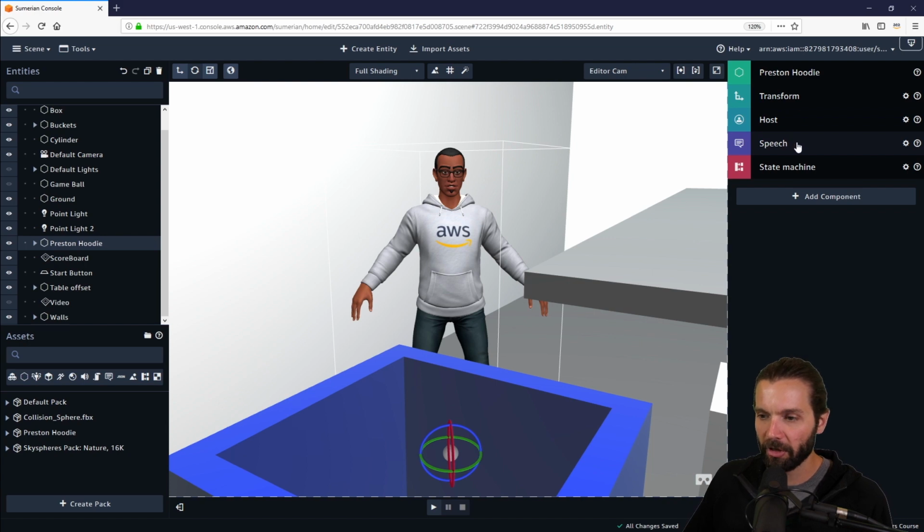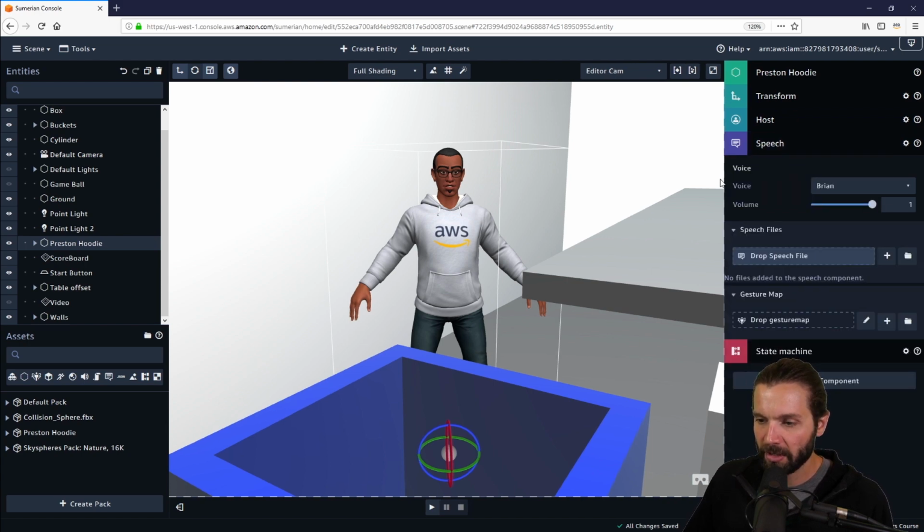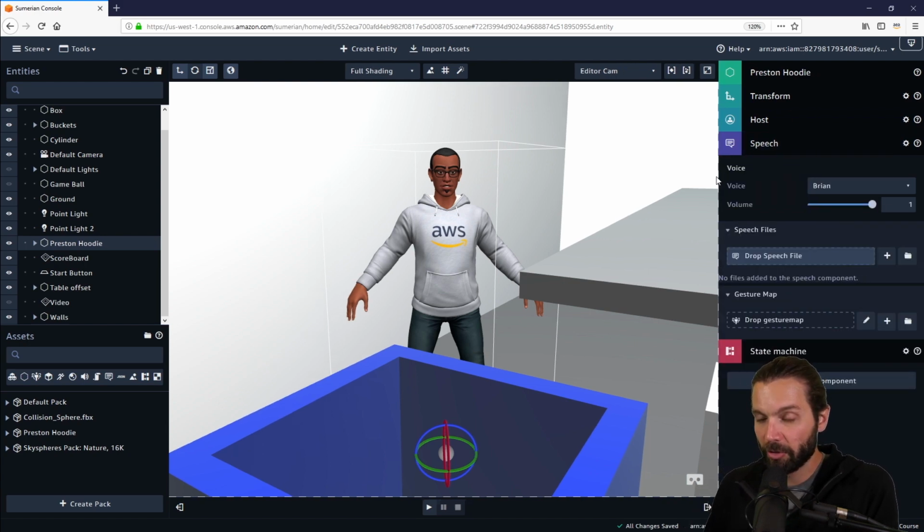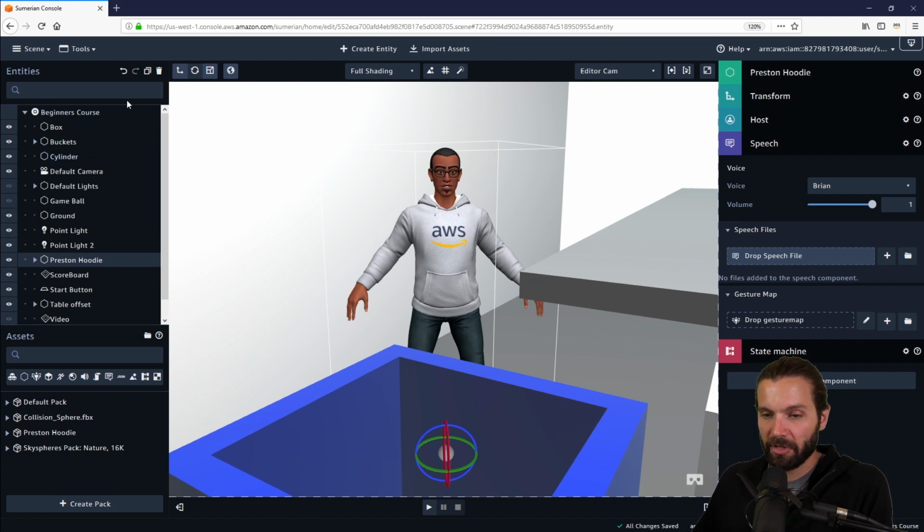The next component we're going to look at is the speech component. The speech component is connected with Amazon Polly. Now, if you remember at the very beginning, we added the Cognito Identity Pool ID. This is a special Cognito Identity Pool ID that is configured to connect with Polly, Amazon Polly. Polly is a